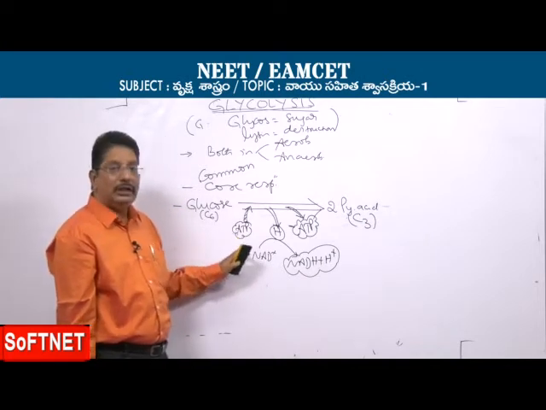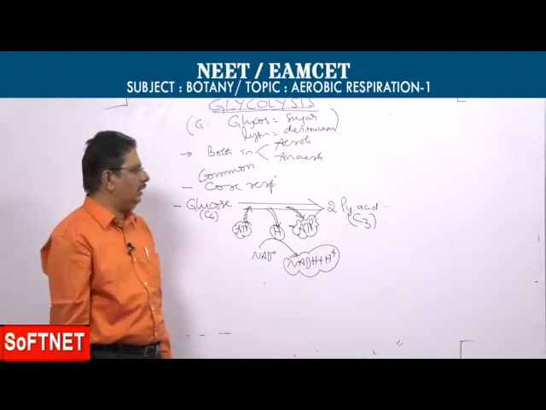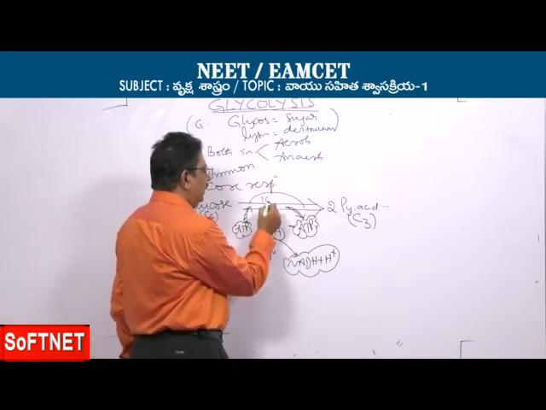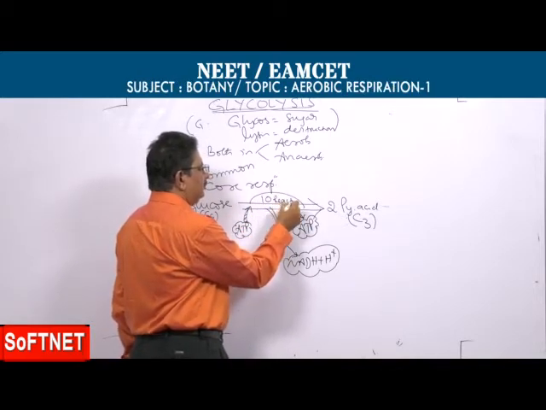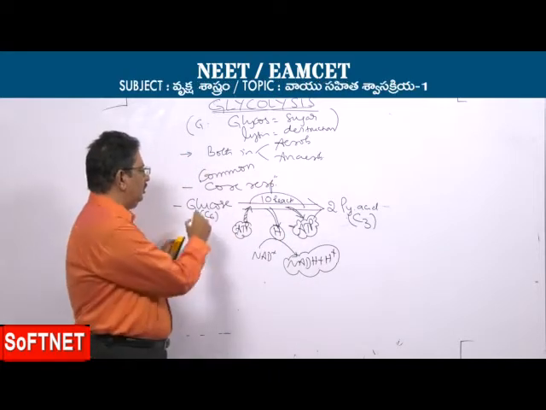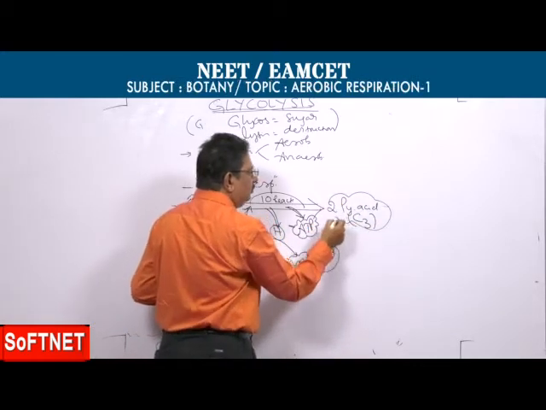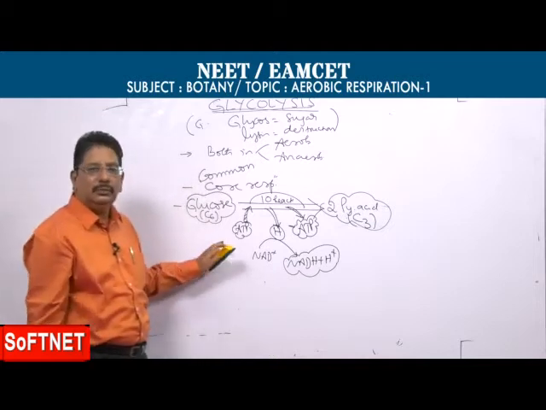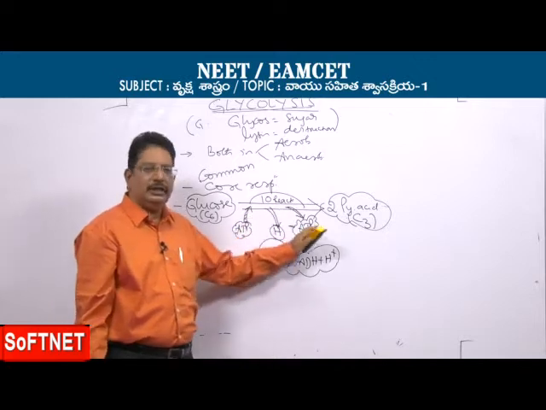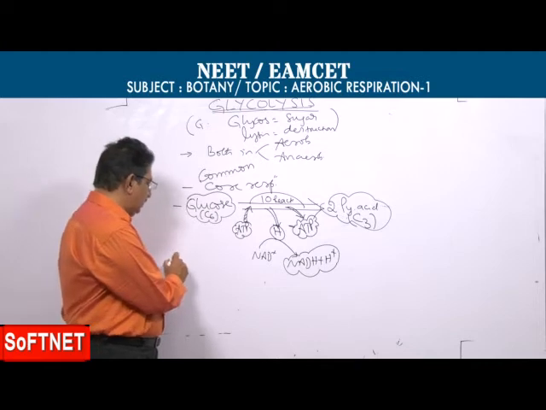There are several steps which occur in a sequential manner during glycolysis. Altogether, there are 10 reactions which involve, in serial order, the conversion of a big hexose molecule into two simple organic molecules. And all these 10 reactions involved during glycolysis were discovered